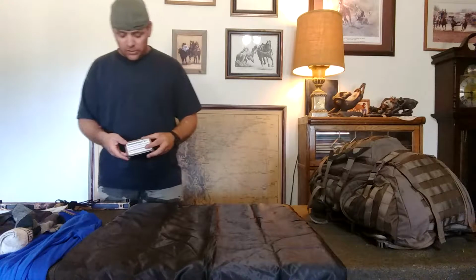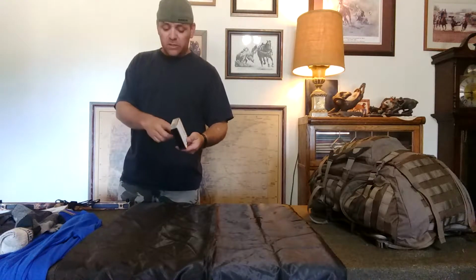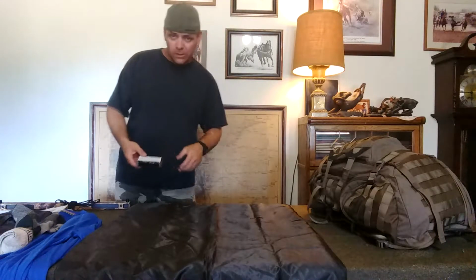Has everything in there. There's quite a bit of gear in here, actually. Go on their website and check that out. It comes in a little tin that you can use to cook with as well. And then